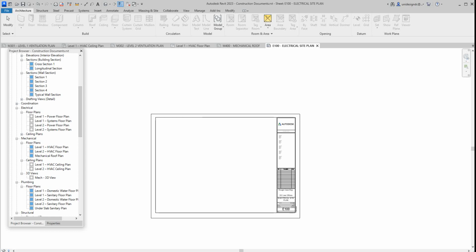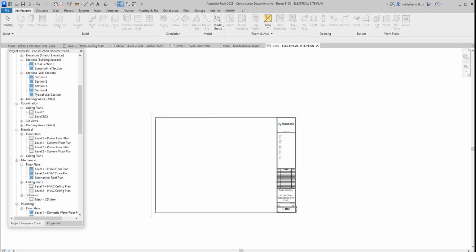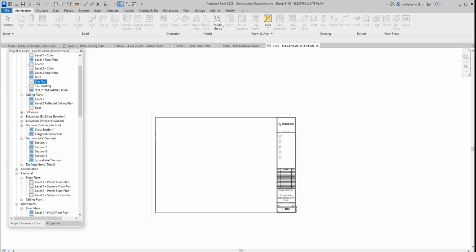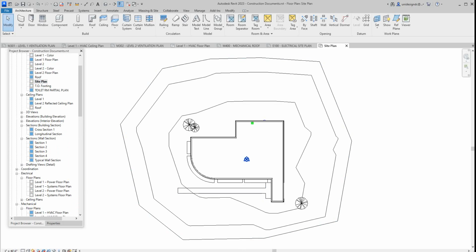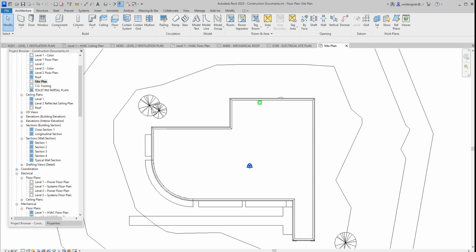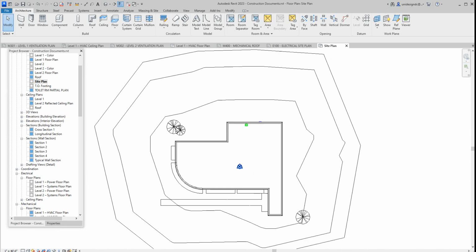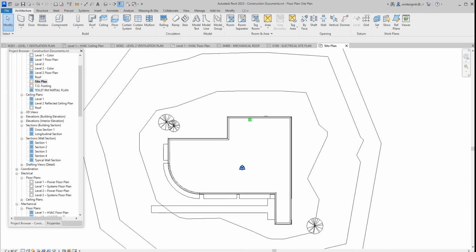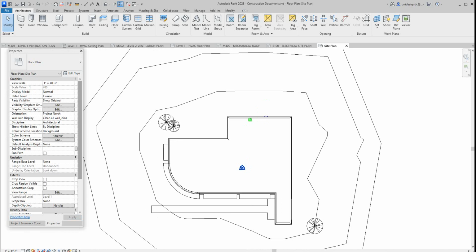This might be a better way to do this in the coordination. No, I'll need to find a site plan. So there's our site plan here. Now with this drawing, I want to see if I can place an electrical template for the site,